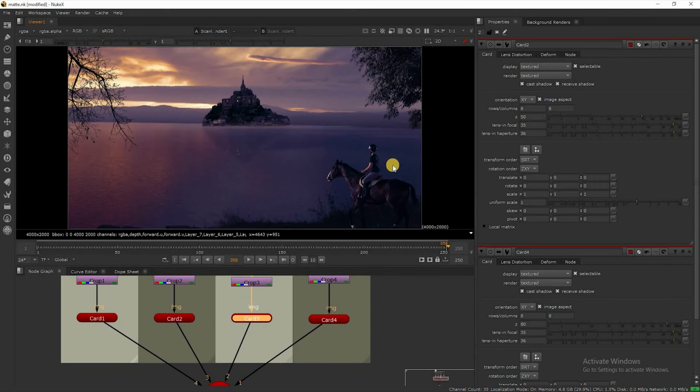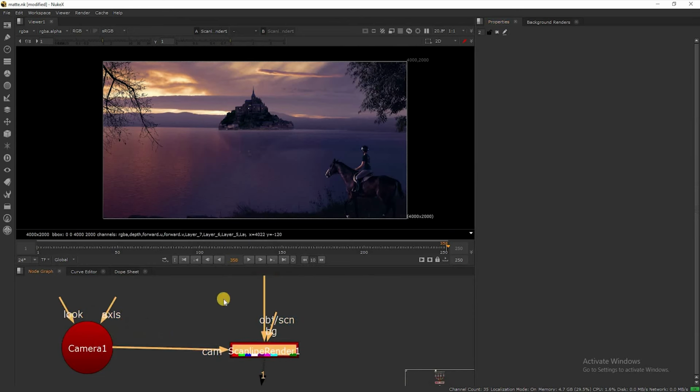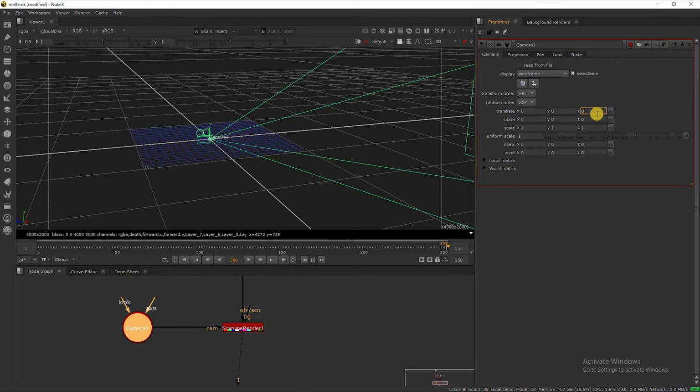Now it's perfect. Now go to the camera, translate, and animate it on Z space. So go to the first frame, set a key for translate, rotate and scale.